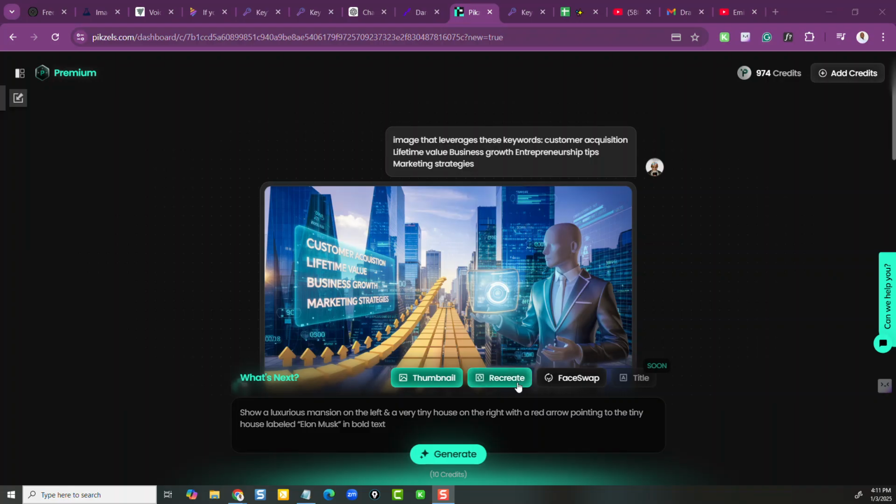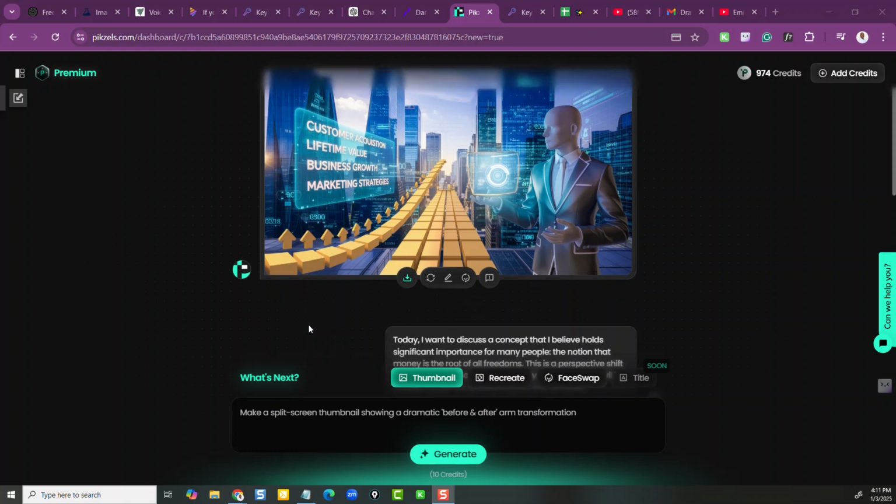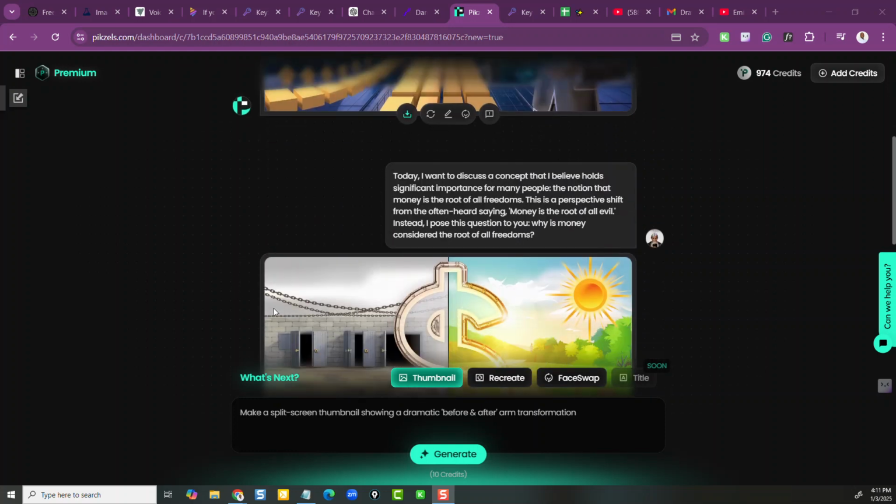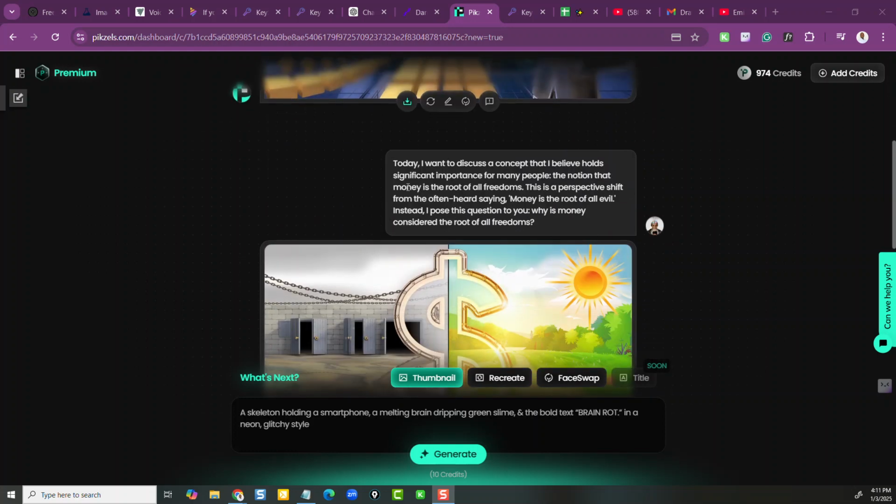Now it goes even deeper. There's so many different things that we can do here, right? We can swap out our face. I'll show you that a little bit later. We can recreate it. We can then use it, right? So here's what I ended up doing. I went a little bit further. I said, okay, here's some more. I just want to put in little bits of information and see what it can do. Now I'm testing this. I want to see what it can do.